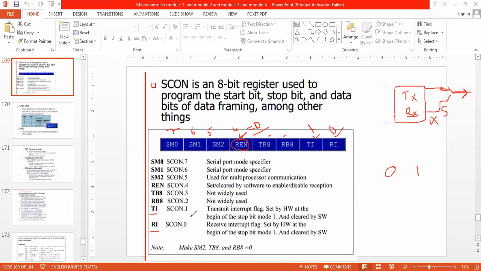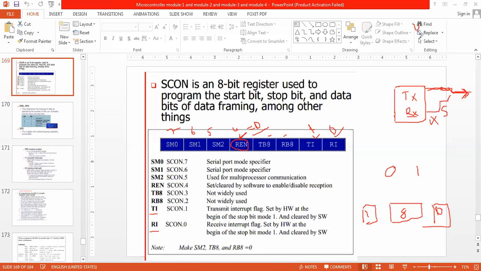Whenever transmission is happening, our data is now a total of 10 bits, no? One start bit, which is 0, one stop bit, which is 1, and 8 data bits.